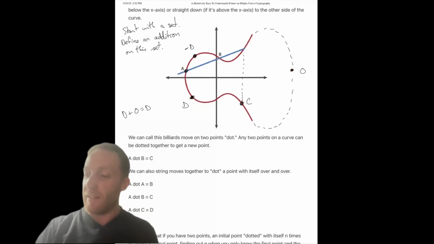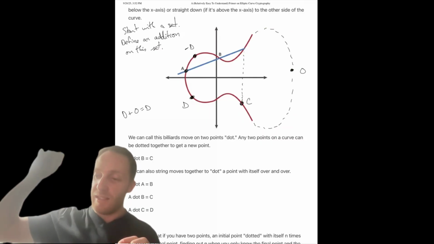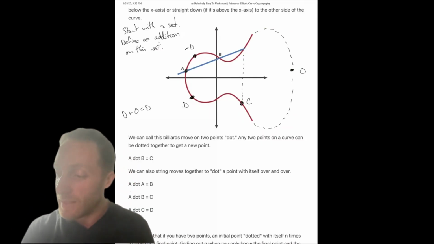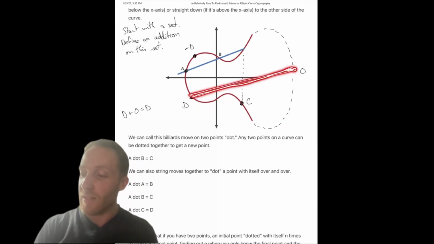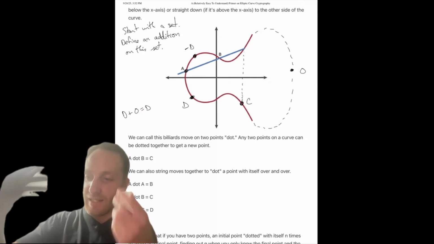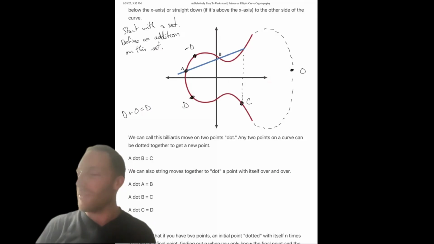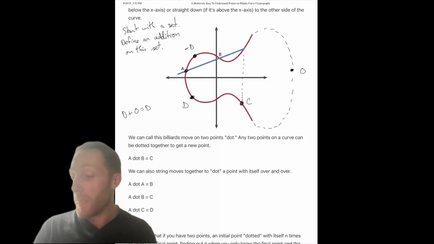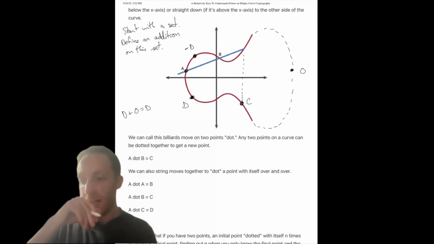So any line through D and this point at infinity doesn't cross the curve anywhere else except at D. So basically D is the result of this addition. It's not pretty, but it actually works. And the nice thing here is that